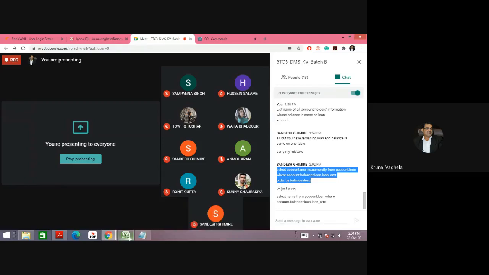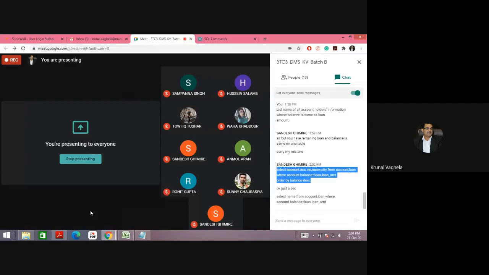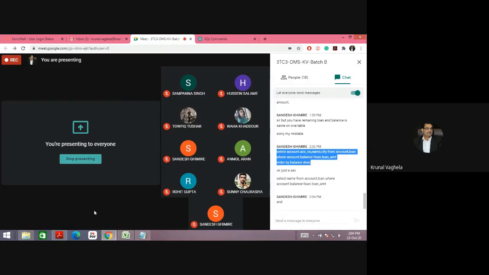Because see, only 3 account holders are having loan. So how can you differentiate between them? You want to try or you don't know?